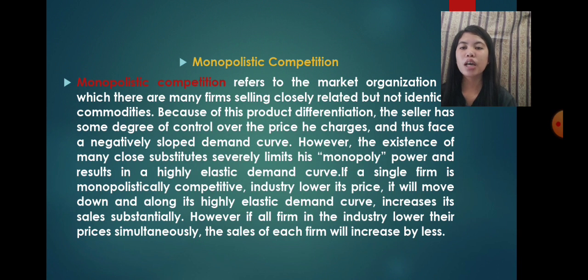If a single firm in a monopolistically competitive industry lowers its price, given its highly elastic demand curve, it increases its sales substantially. However, if all firms in the industry lower their prices simultaneously, the sales of each firm will increase by less. So konti lang yung increase ng